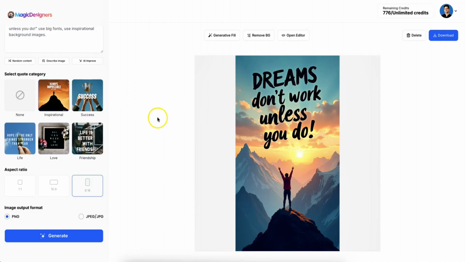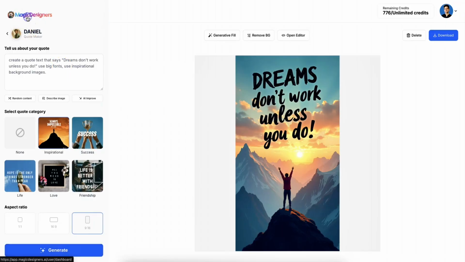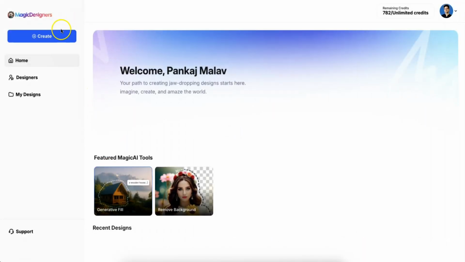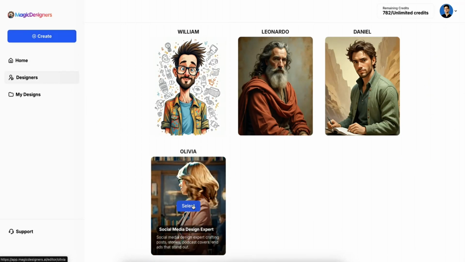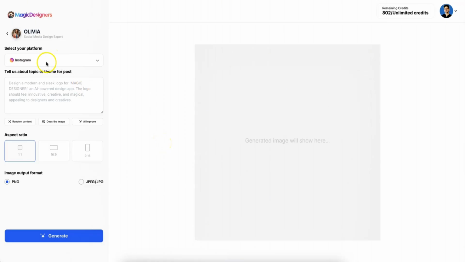Okay, so let's go back and I'll show you our last designer. So let's create again, and let's choose Olivia. Now here you can select your platform that you wanted to create post. So let's say we want to create an Instagram post. Okay, and let's say we want to create a grand opening of restaurant. So let's say create a post for grand opening restaurant,